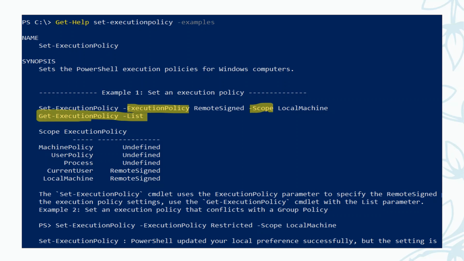If you pass examples as a parameter to the same command, it will return multiple scenarios in which you can use the Set-ExecutionPolicy command with different parameters like ExecutionPolicy and Scope.